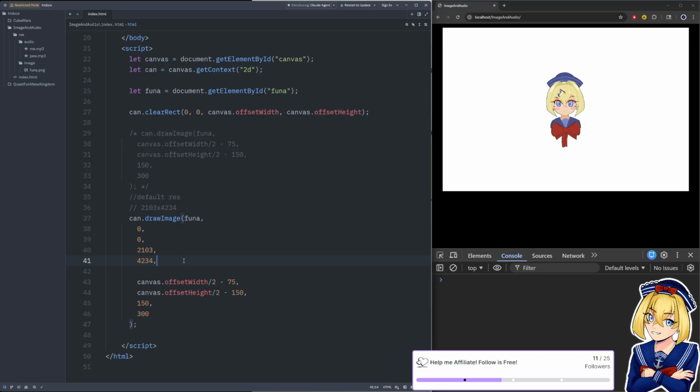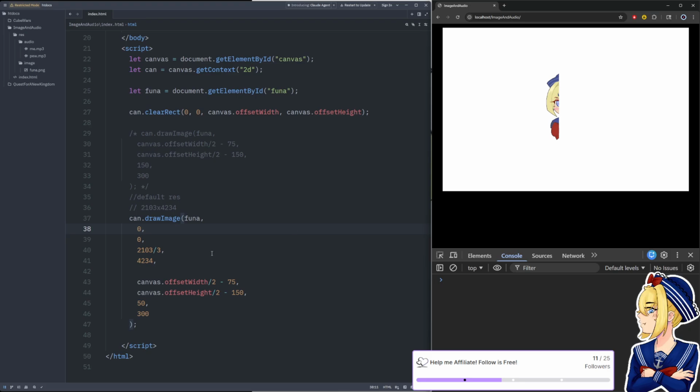If we only want the first third, then we're going to need whatever this number is divided by 3, because we only want a third of it. And at first, we're not going to cut into it at all, right? So that will give us the first third of the image horizontally.